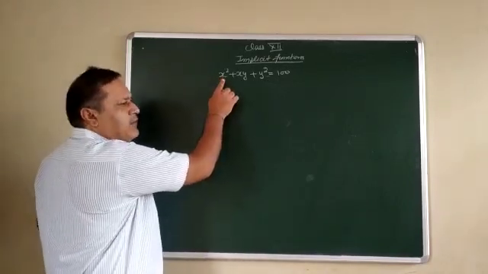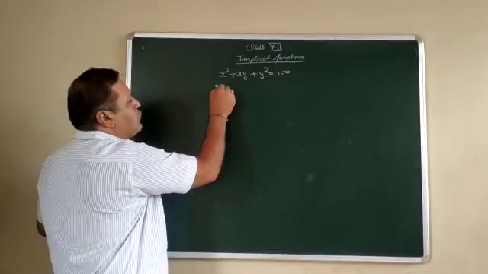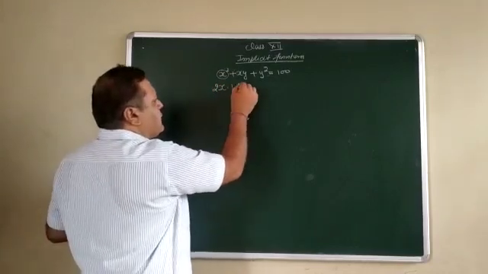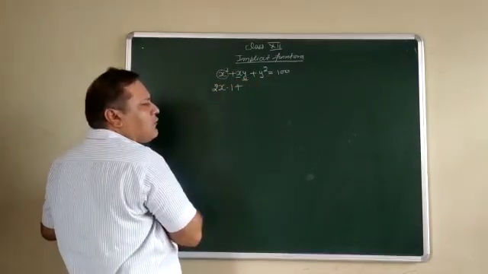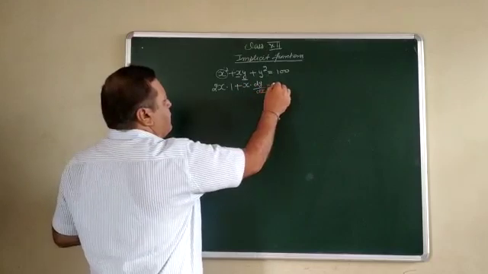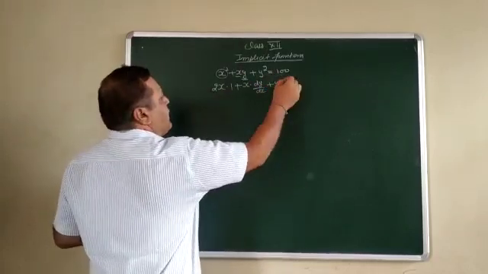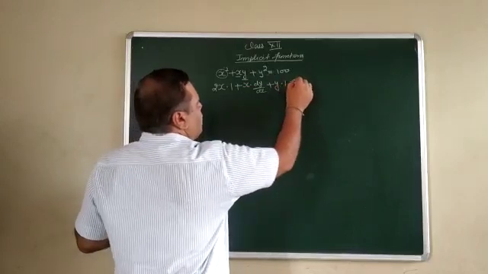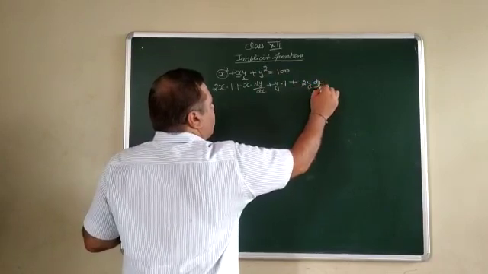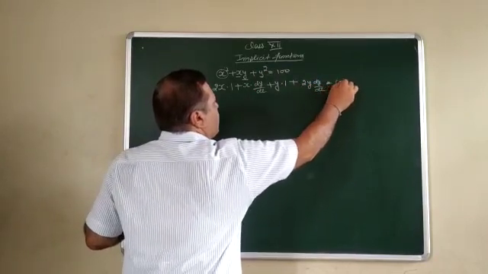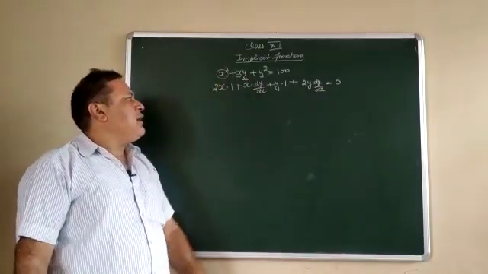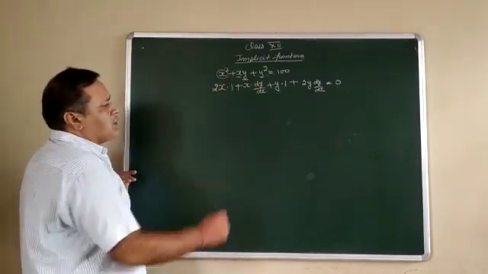First step, the derivative of x square is 2x. Then the derivative of x is 1. Plus, these two functions are in the form of a product. So first function as it is, derivative of second, plus second function as it is, derivative of first. Plus y square, derivative 2y, derivative of power, then derivative of y, dy by dx, and the derivative of the constant equals 0. Remember, in this statement x and y occur together. It is never possible for us to separate them.